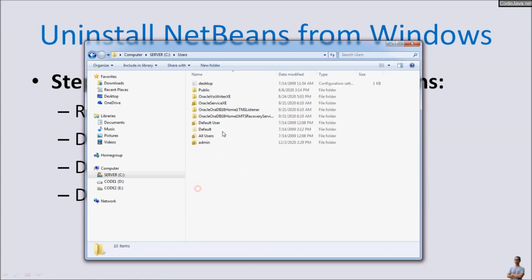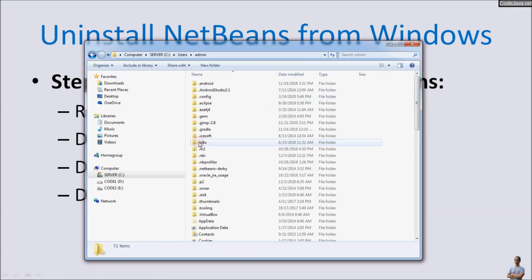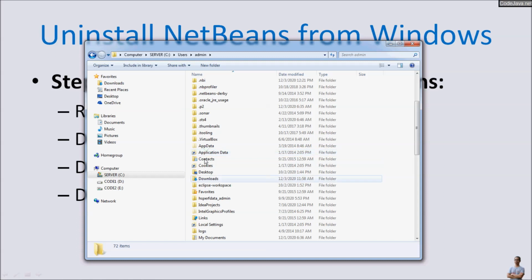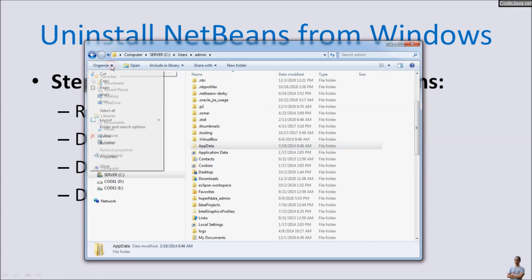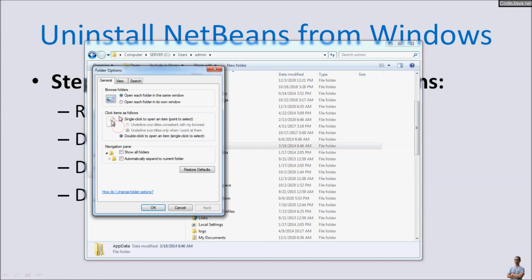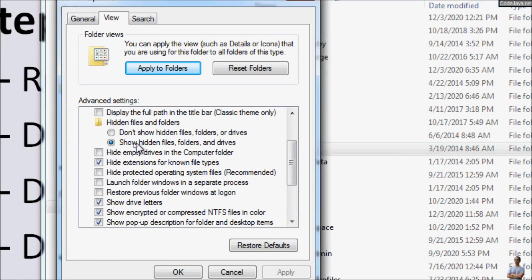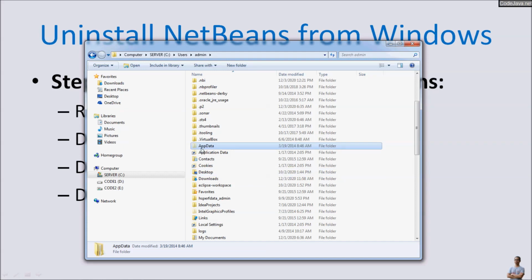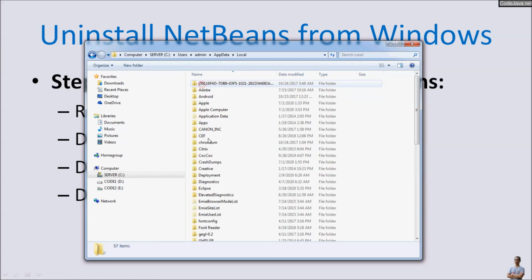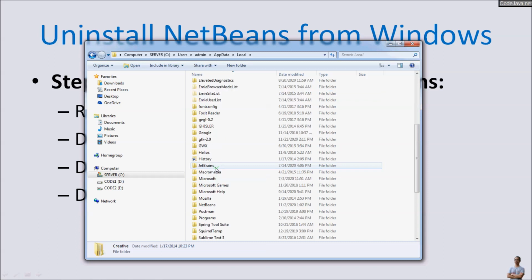and the directory with the username here, and go into the app data directory. If you don't see this app data directory, you need to configure Windows Explorer here to show the hidden directories and hidden files: folder and search options here, and check this option, show hidden files, folders and drives here. Then go into app data local, and the first NetBeans directory is